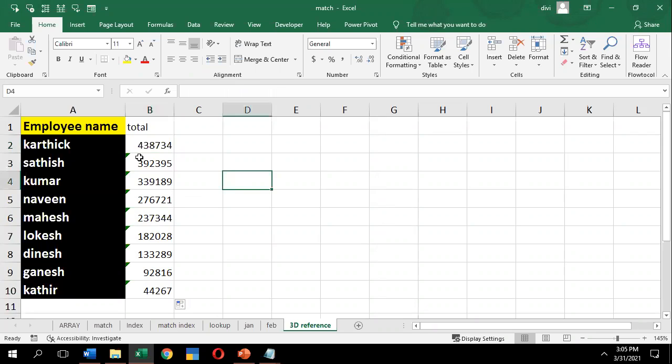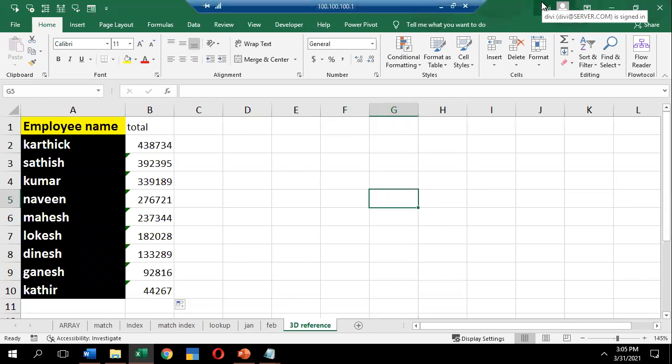Okay. So just practice for five minutes. Take a break. Next, I'll show you how to use workbook to workbook. Right now, I'm using only one workbook. If I want to copy the other workbook's sheet to here, how to copy it and how to forward it, let me show you. So till then, take a five minute break and practice what we've done until now.